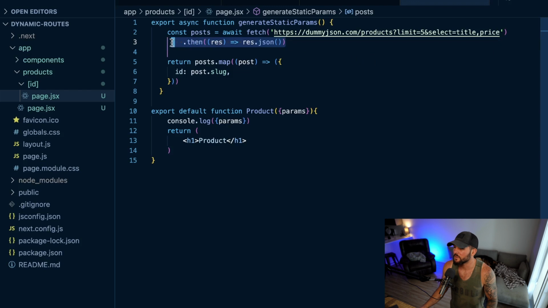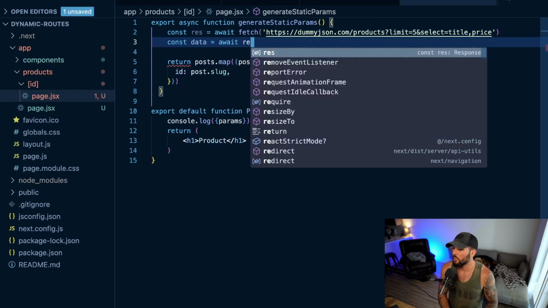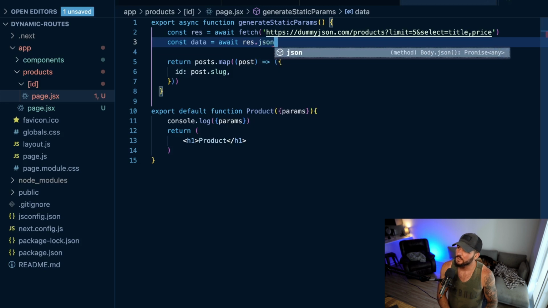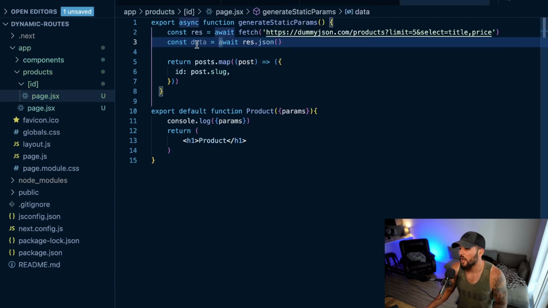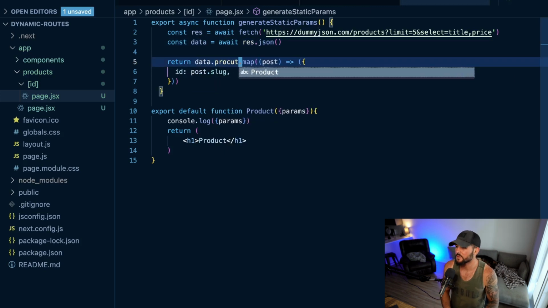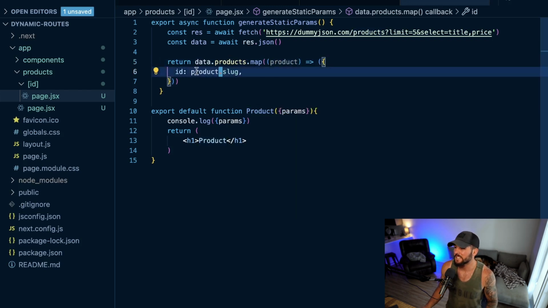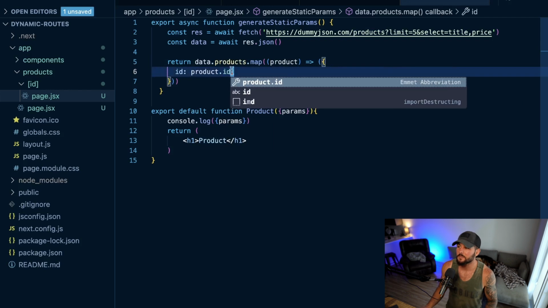And then, instead of using .then here, we're going to just say const res is equal to awaiting this, and const data is going to equal await res.json, and that's going to give us all of our products. So we're going to do data, and then remember it returns an object with a products property that is an array. So we're going to do data.products.map, and this is going to be product. And we should set the ID as product.id. Now,